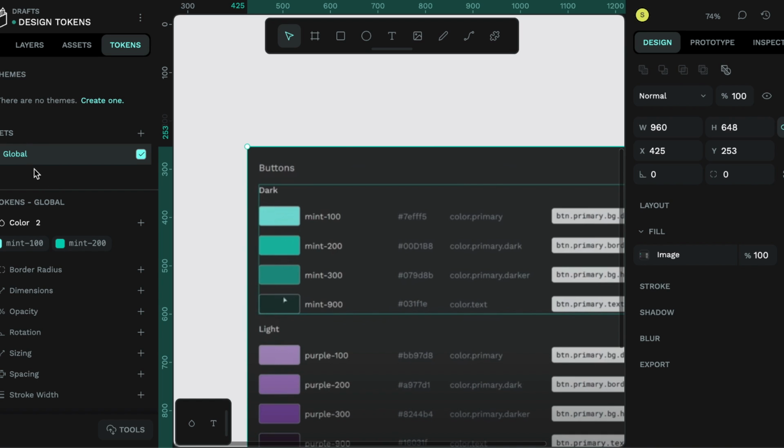You can see that global under sets has been created, and that basically encompasses all the design tokens that you're creating. So that'll automatically populate. That's good. You can just leave that there. So what we're going to do is we're going to create two other sets, and one set's going to be the dark and one set's going to be the light. Each set is going to house its own colors, and it's going to house its own design tokens that reference